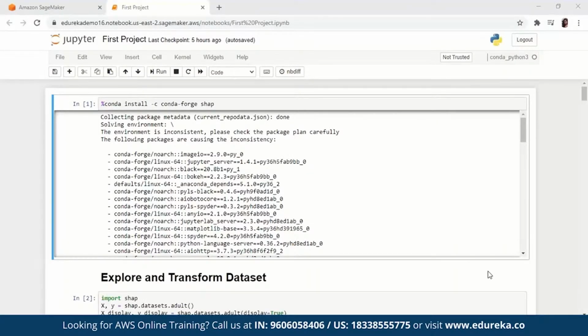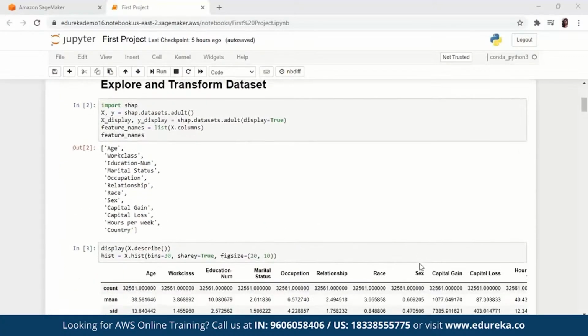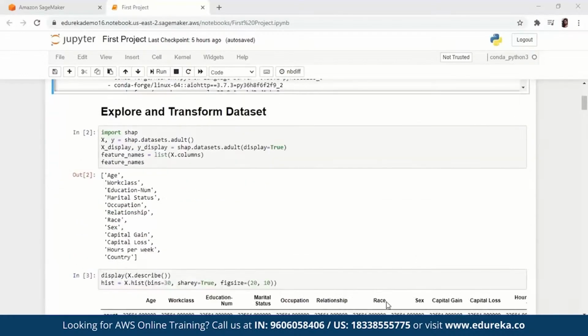So first, what we're going to do is we are going to install the SHAP library. Now, if the current Jupyter kernel does not have the SHAP library, install it by running the following conda command. That is conda install -c conda-forge shap. There's also a way to download SHAP on Jupyter Lab, and that's not necessary right now, so we're not going to discuss it. Now, if I go a little down to the next cell, if I scroll down a bit,